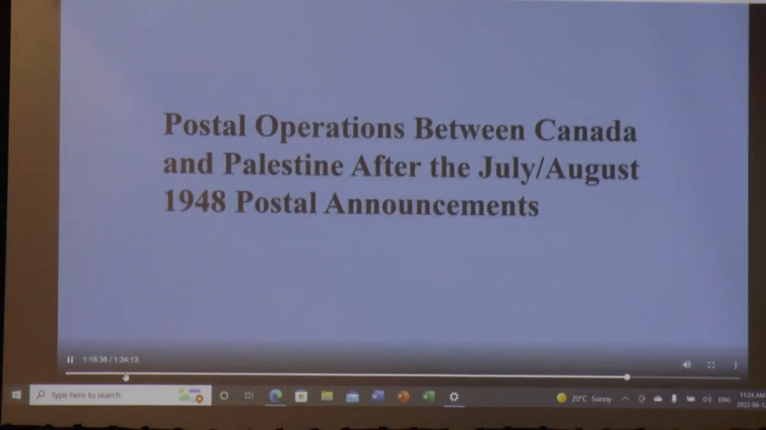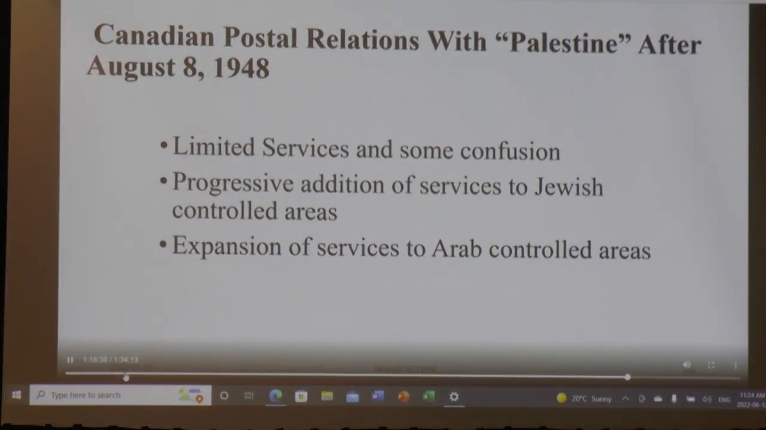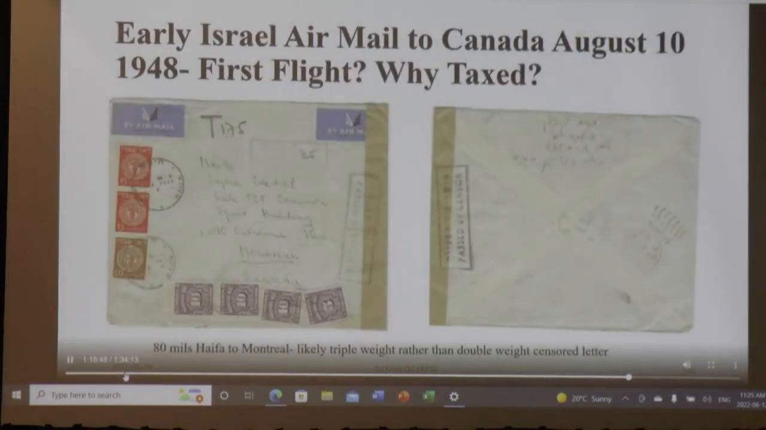So what happens between Canada and Palestine after August of 1948? Limited postal services, some progressive additions of services to Jewish-controlled areas. Arab-controlled areas get postal services. So here's a letter from Israel to Montreal. Not enough postage, beautiful postage dues that are imposed. Letter is censored, and it's sent actually, if you look at the back of the letter, by a soldier in the Israeli army. And it's sent through the military post in Israel,